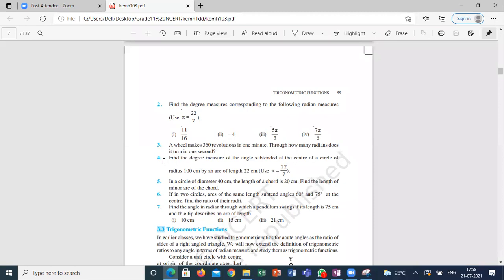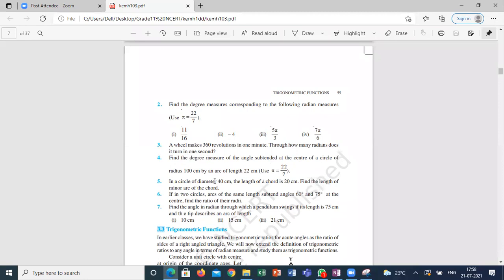So fourth question also. How much angle is subtended? Degree measure of the angle subtended. They gave the length of the arc and radius of the arc. So try to solve these questions. Rest of the questions we'll meet with this, and tomorrow we are going to start trigonometric functions after discussing the